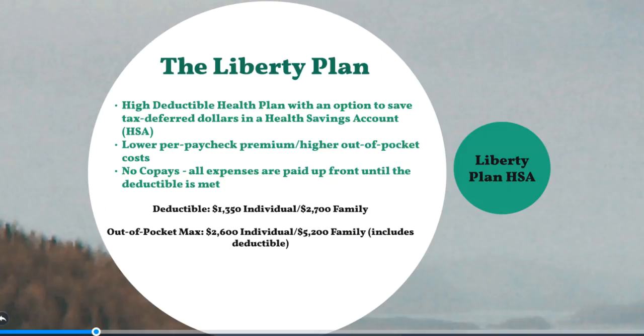And as long as that maintenance drug is on our prescription drug list, which can be found out on our DriveTimeBenefits.com website, then it would be at no cost to you. Unfortunately, there are some drugs that are not considered maintenance drugs by the federal government, and an example of that would be antidepressants. For a full list of what drugs would be covered, you can go to the United Healthcare